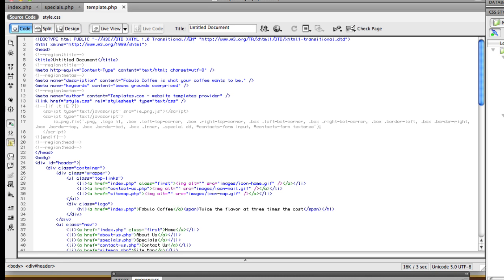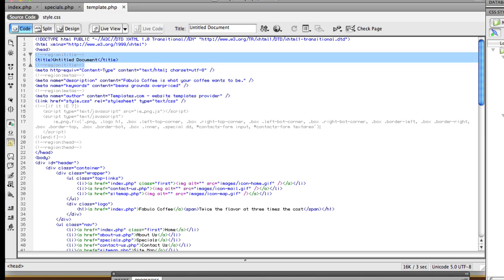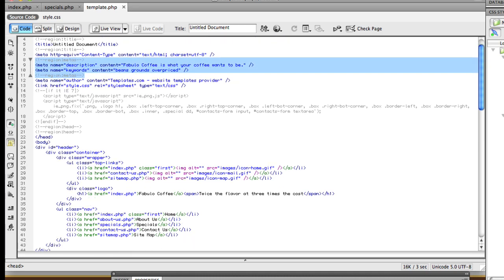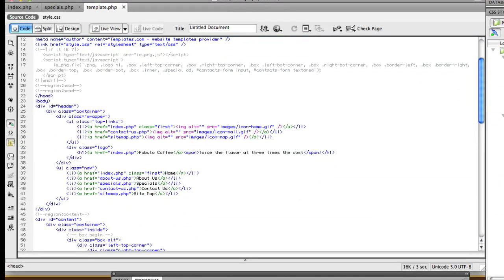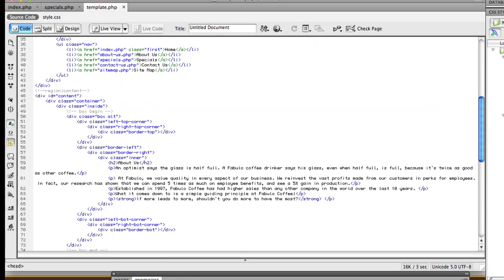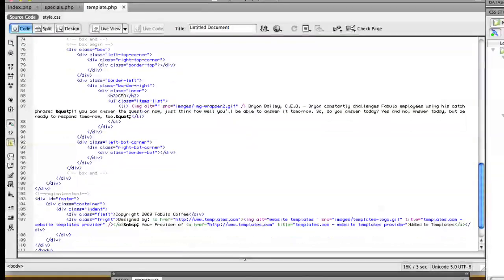Here I've got a title region, and in case I want to edit the metas for description or keywords, I've got a metas region, and I added a head region just in case I wanted to add a JavaScript to a particular page, and I've also added the content region here. You'll see that's where it begins and it runs down to here,